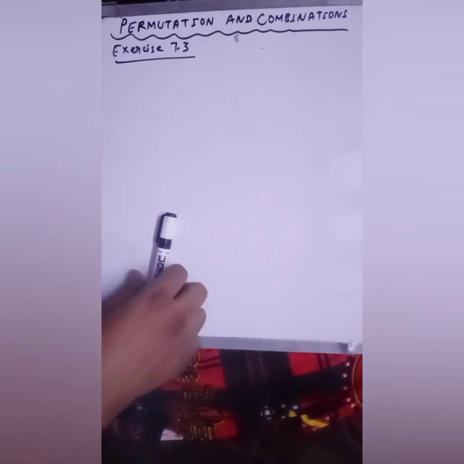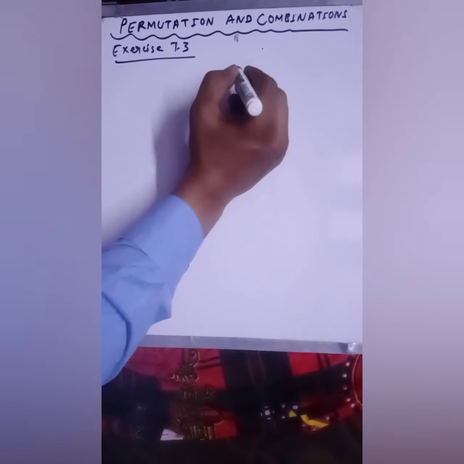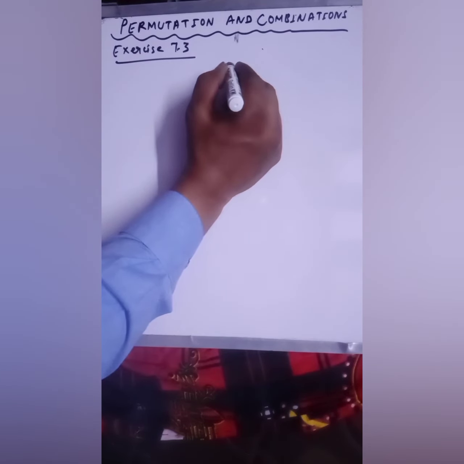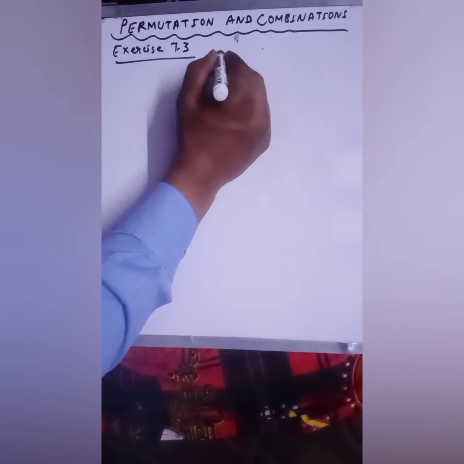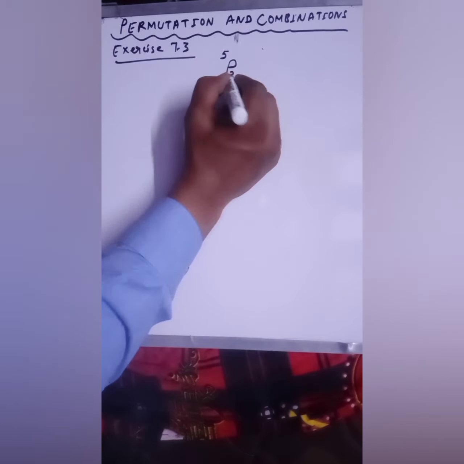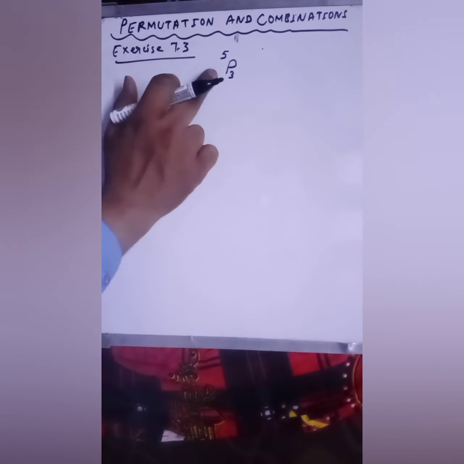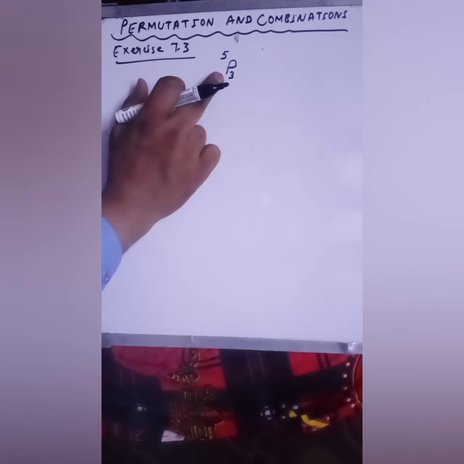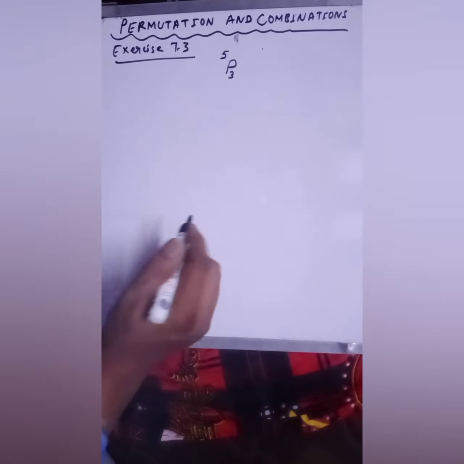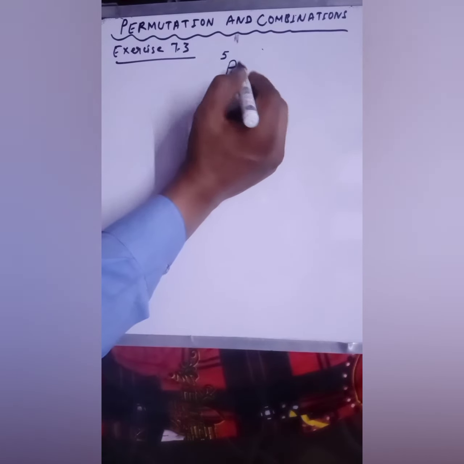Okay children, suppose I have written this one. This P represents permutation. I have told you that you can apply permutation when there is an arrangement, and when there is a choice then you have to apply combination. So I'm just telling you how you can solve the permutation.